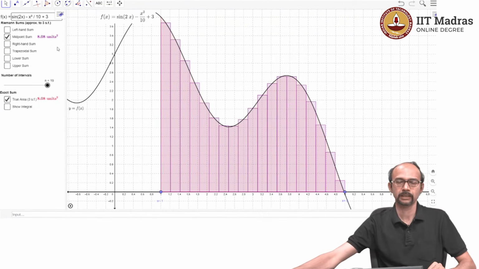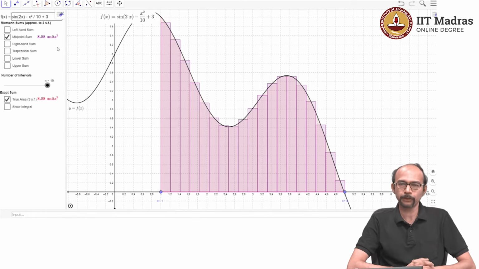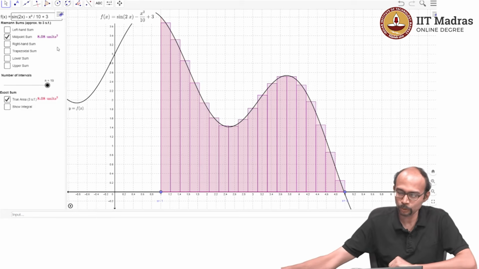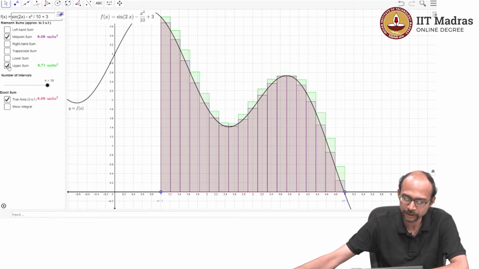Now I have defined the Riemann sum with the data, which is you choose an interval and a point in that interval. Instead, sometimes you could choose a slightly different set of data. You choose your partition, but then instead of choosing xi star, you could choose, for example, the largest value of f of x between xi minus 1 and xi. If you choose that, it is called the upper sum. That is always going to overestimate your